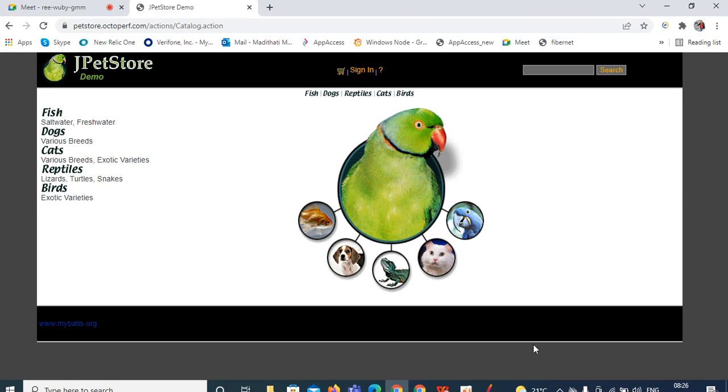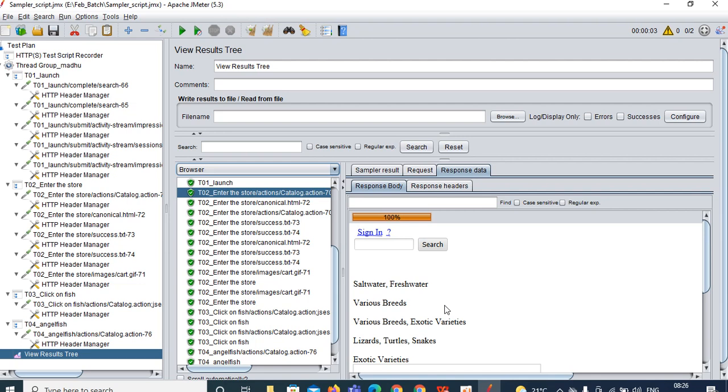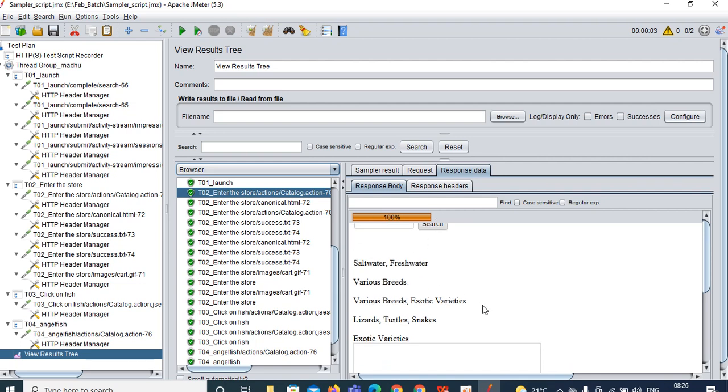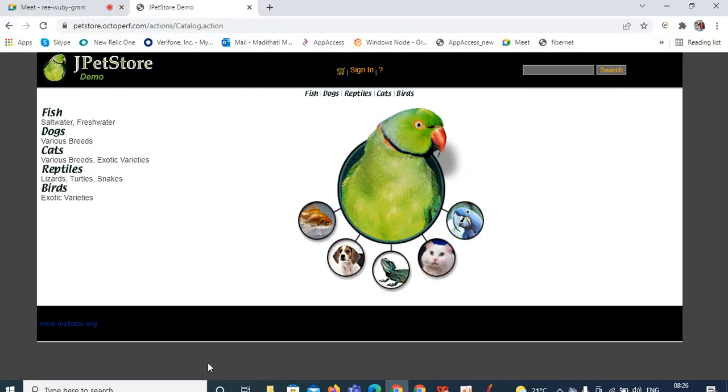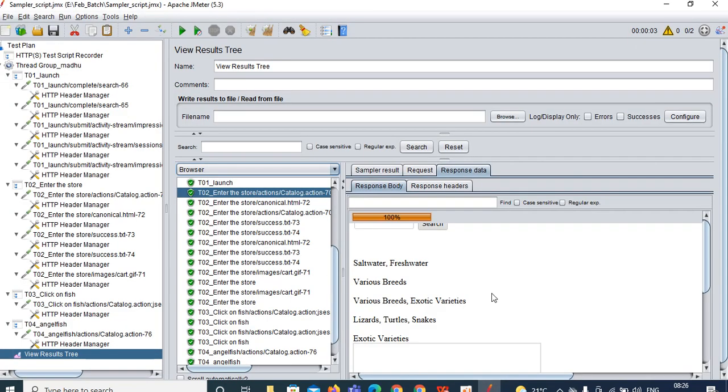You can see the same thing over here: sign in, search field, salt water, fresh water, various breeds. This is equal to the response you are getting in the browser. So I can say yes, I have landed on the exact page. That is how you can confirm.